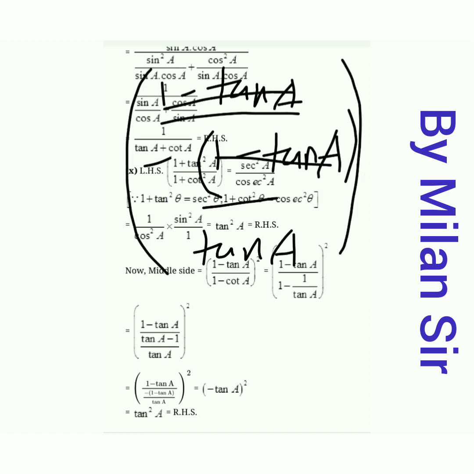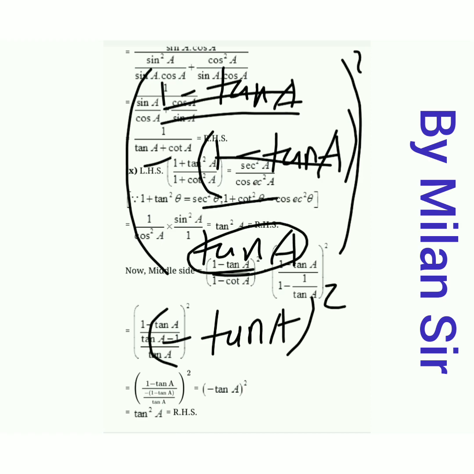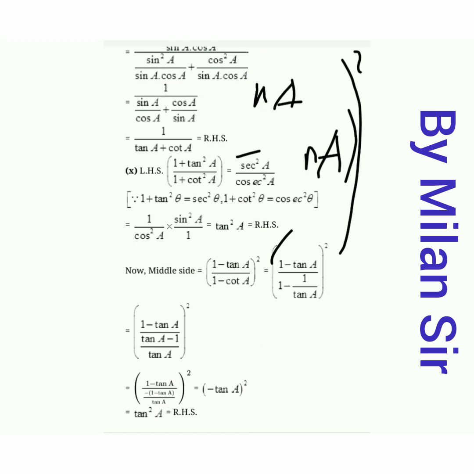Here all square is there. Now denominator's denominator goes to the numerator, so final answer is minus tan A all square. But square of minus sign, it's also positive, so I will get tan square A, it's the right hand side, right? One more thing we can do here,